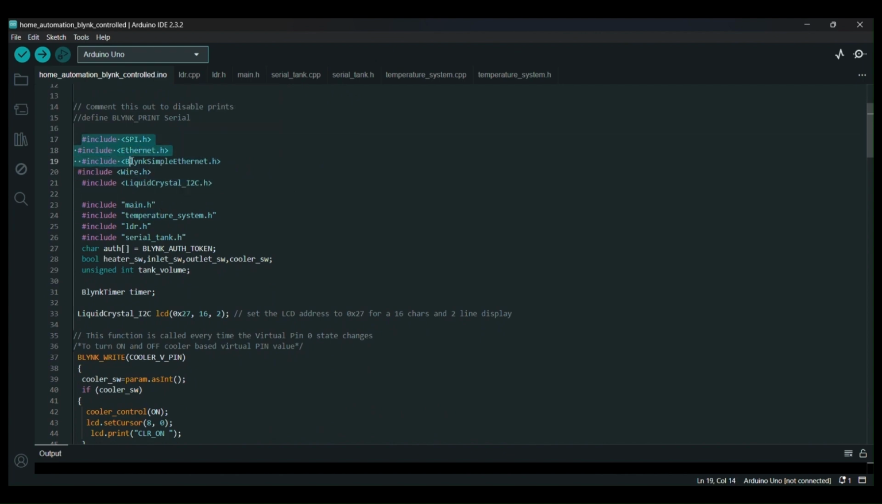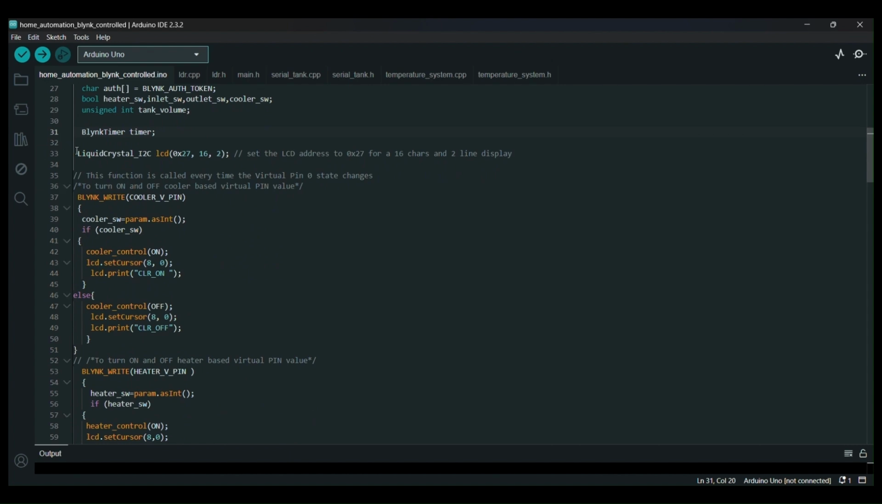Then we include necessary files such as SPI, Ethernet, Blynk, Simple Ethernet, Wire, Liquid Crystal, Main, Temperature System, LDR, and then Serial Tank. Then we authenticate the token using the char function. Then we print the bool function for the inlet and outlet valve. Then we set the Blynk timer and Liquid Crystal display, and to turn the cooler off and on we will use